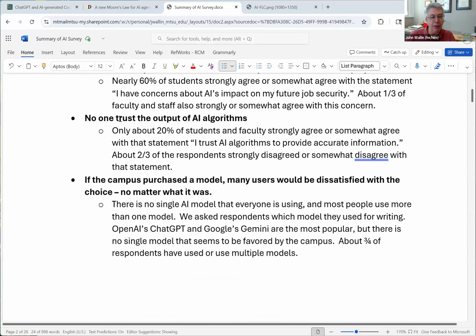And one of the interesting ones is, we keep talking about this idea of how do we equalize access to AI systems? And one of the surprising results is that students do not use the same AI models. They're using all sorts of things. They're using Claude. They're using ChatGPT. They're using Grok. They're using all these different models. So if we decided to purchase a model for campus, it would cost us over $1 million a year, right? It would be impossible to do. Most students would not be using that model, and most faculty wouldn't be using that model. So only like 25% are in any given model. So that's kind of tricky.